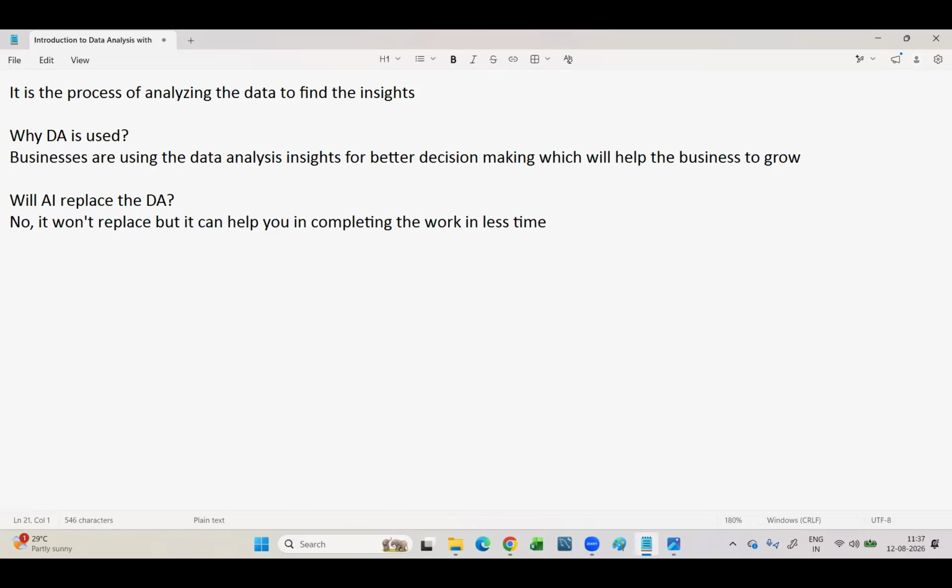Now let us focus on the skill set. What are the technical skills I need to learn to get a job? So we need to learn statistics. There is no escape from statistics. Excel, SQL, Power BI, Tableau, and Python. Here, Tableau is a course which we are providing for free.